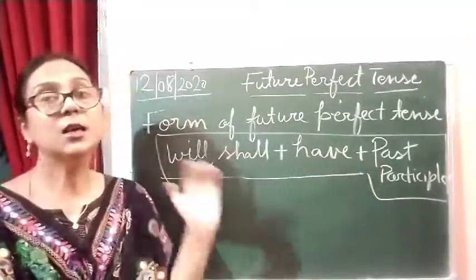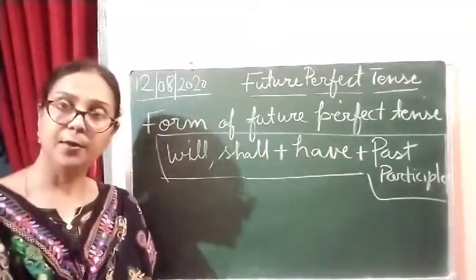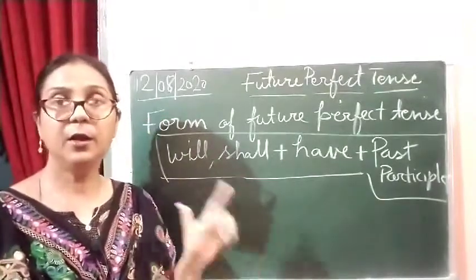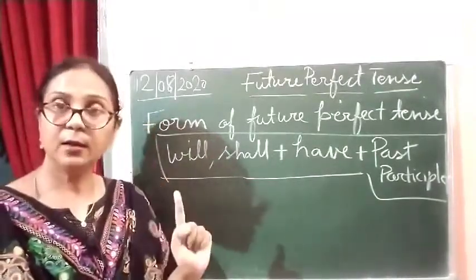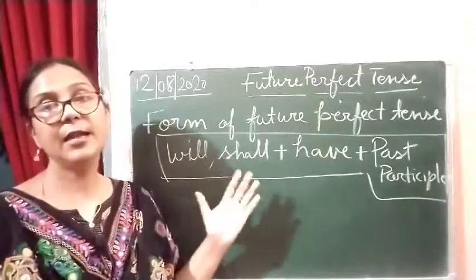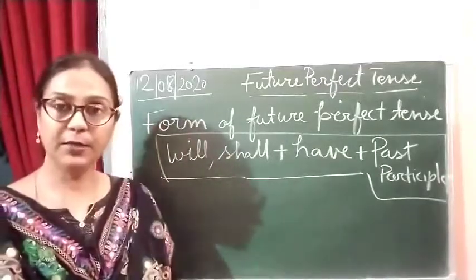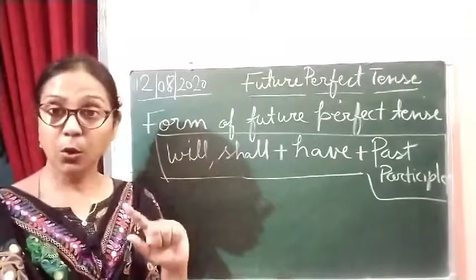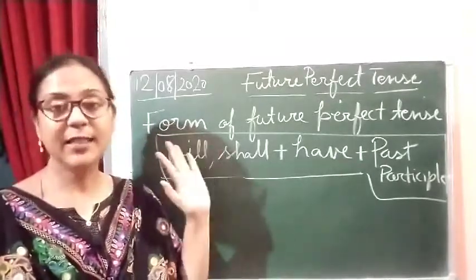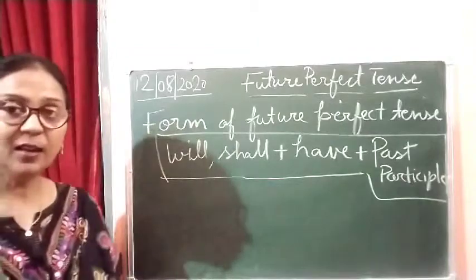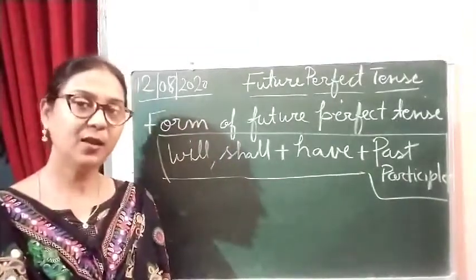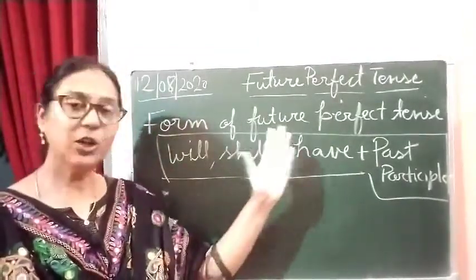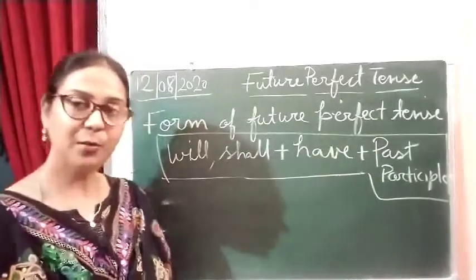is the third form of the verb. If grew is written here, that is the second form, and then we have to write the third form of the verb, that is grown. Grow, grew and grown. That we have to always keep in our mind to make future perfect tense.